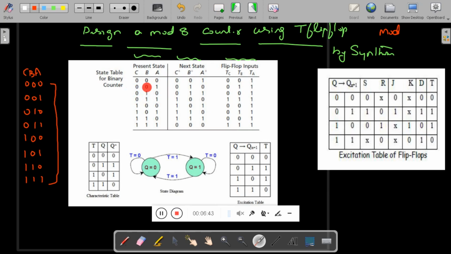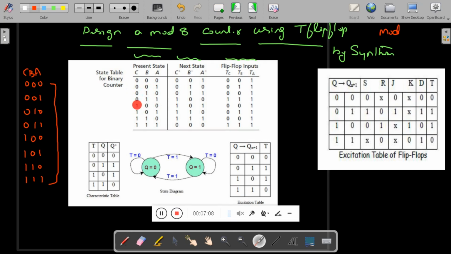So B, present state is 0, next state is 1. Input T is 1. Here you can see, for C, present state is 0, next state is 0. The corresponding input is 0. TC is 0. Similarly, we have to repeat this process for all the rows, that is for this count 0,